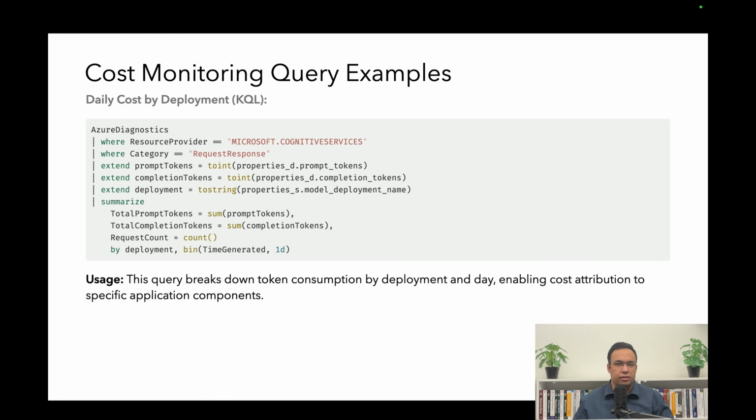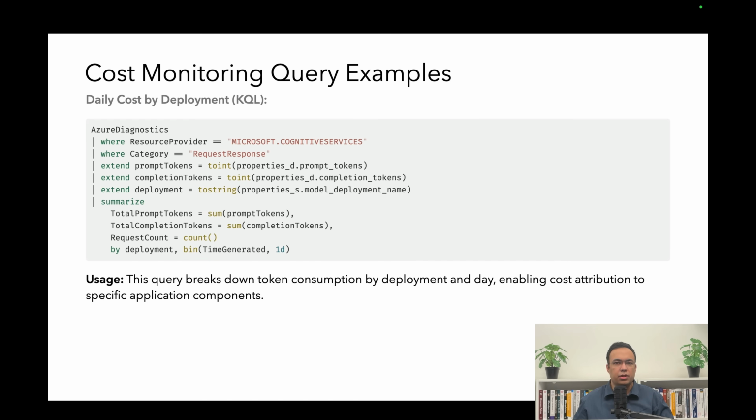Then we summarize the data. We sum the prompt tokens, sum the completion tokens, and count requests. We group by deployment and by day using the bin function on TimeGenerated. This query gives you a table showing, for each deployment and each day, how many prompt tokens were consumed, how many completion tokens were consumed, and how many requests were made. This is useful for